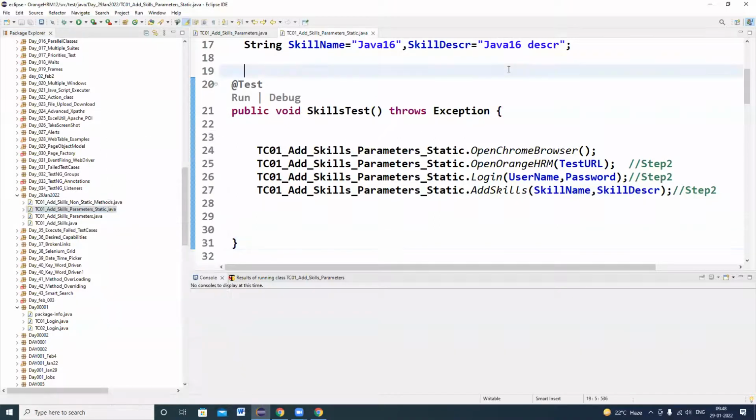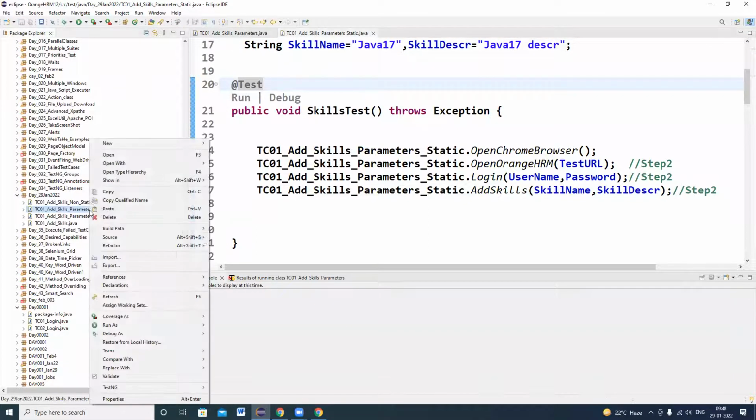Okay, so I have to rename my input data. And as I have done the example for skills, you can also take the jobs program or anything. Okay, I will tell you what exercise you have to do, everyone.